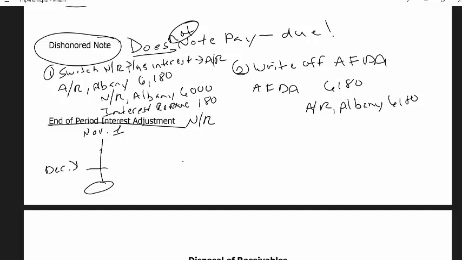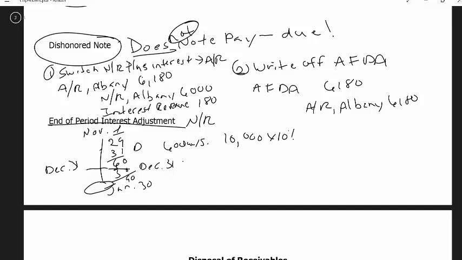Okay, so if November the 1st I sign a 90-day note, I have 29 days left in November. December has 31 days, so that gets me up to 60. So I know on December the 31st, the end of the year, I'm going to recognize 60 days worth of interest. And then the note would be due on January the 30th, because if I add another 30 days, that gets me to my 90. Okay, so on December 31st, if I had a $10,000 note